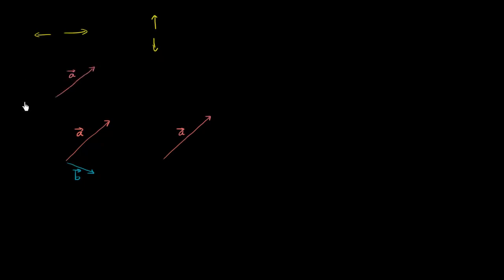I could draw vector B over here. It's still vector B. It still has the same magnitude and the direction. Notice, we're not saying that its tail has to start at the same place that vector A's tail starts at. I could draw vector B over here. So I can always have the same vector, but I can shift it around. So I can move it up there as long as it has the same magnitude, the same length, and the same direction. And the whole reason I'm doing that is because the way to visually add vectors,